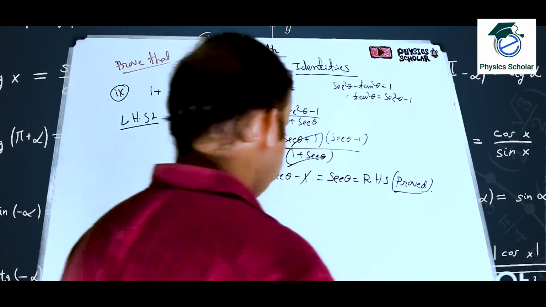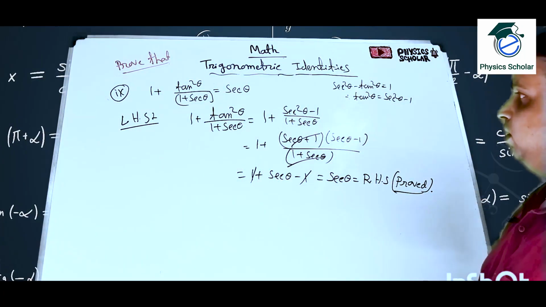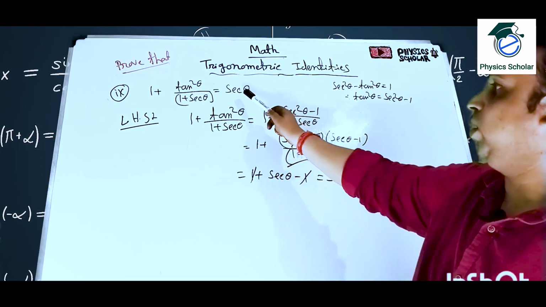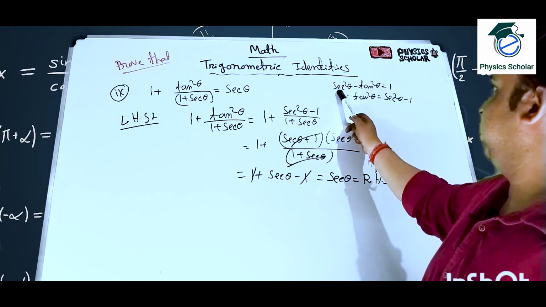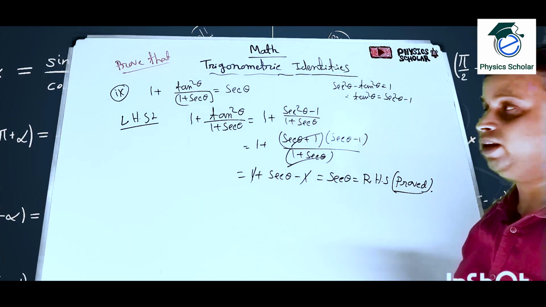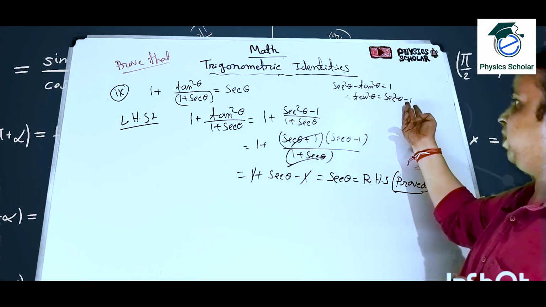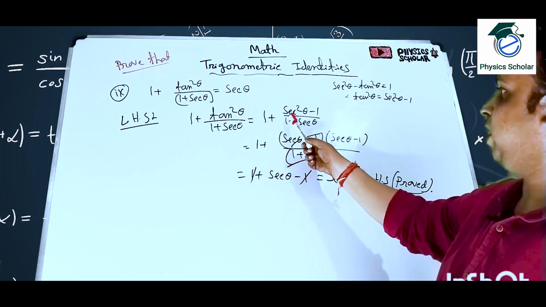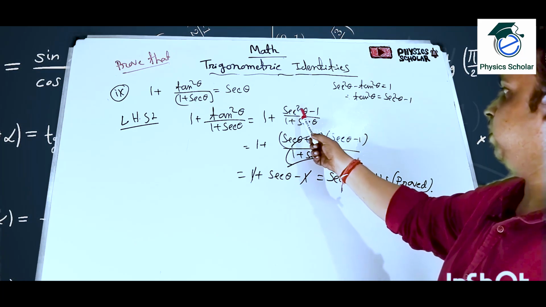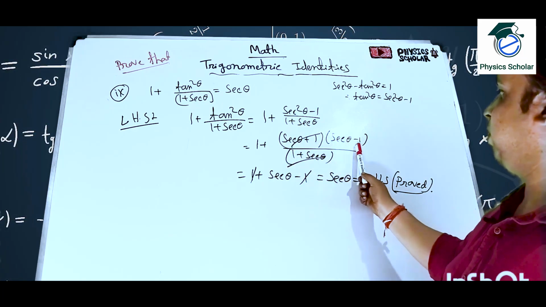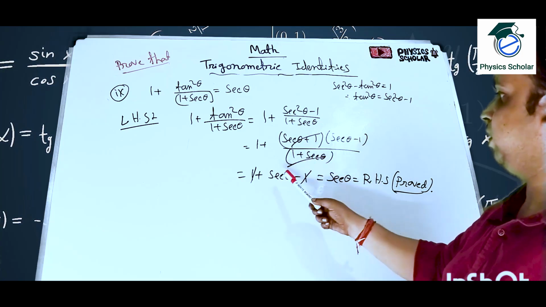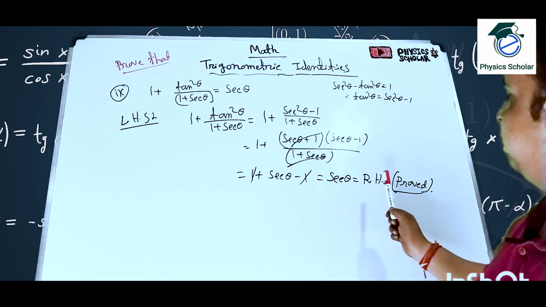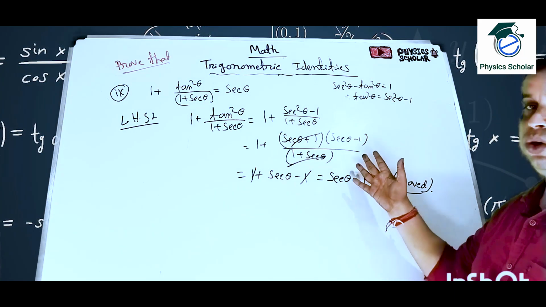Clear? So see, the thing is that here what is given? Tan square theta. So tan square theta is equal to what? Because we have to prove sec theta. So tan and sec is related like this. Okay, sec square theta minus tan square theta is equal to 1. So tan square theta is equal to sec square theta minus 1. So how we can write? 1 plus tan square theta by 1 plus sec theta. So 1 plus sec square theta minus 1 by 1 plus sec theta. So it is a square minus b square. So 1 plus a plus b into a minus b by 1 plus sec theta. This will be cancelled. So 1 plus it is what? Sec theta minus 1. So minus 1 plus 1 will be cancelled. So only sec theta is equal to right hand side. Clear? So hope you have understood this.